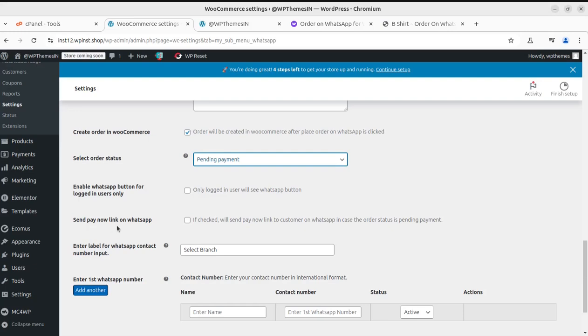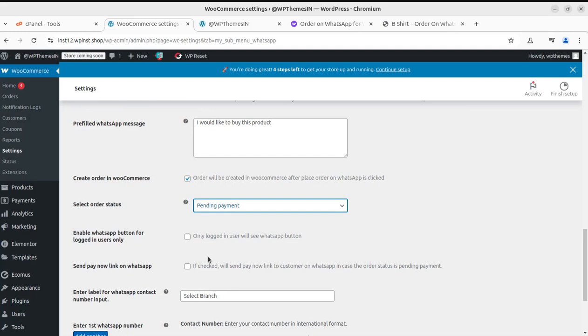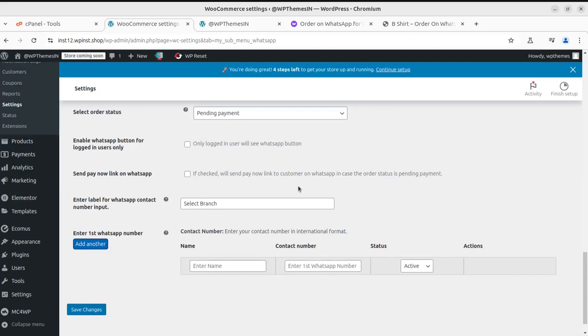Send pay now link on WhatsApp if checked. Will send pay now link to customer on WhatsApp in case the order status is pending payment. So if we are selecting the pending payment, this is another useful tool that we can send the pay now option link to the customer. Further, we have